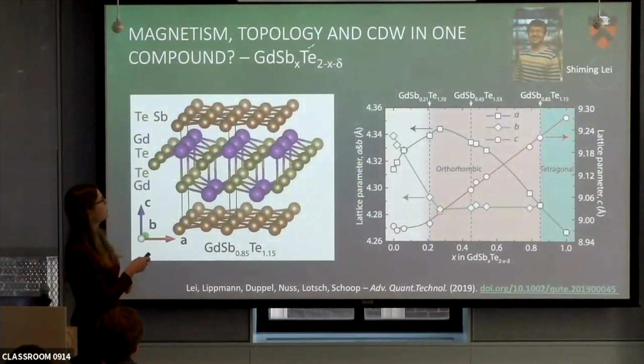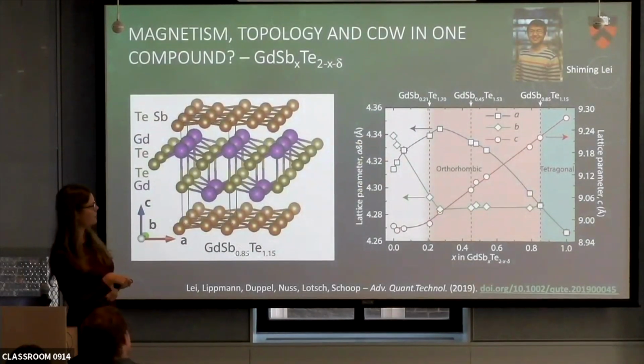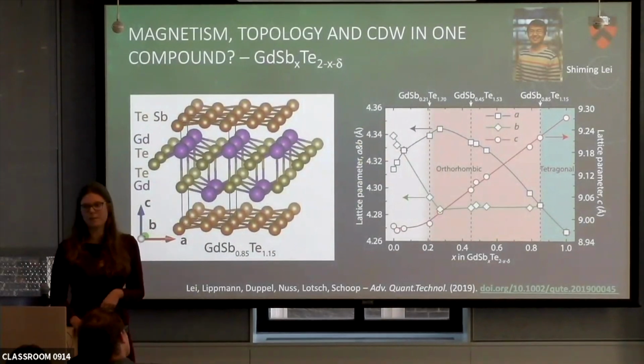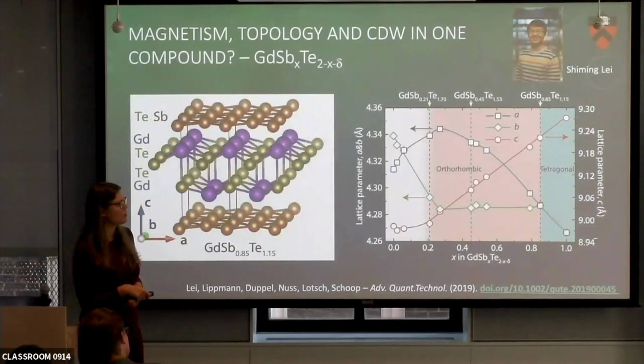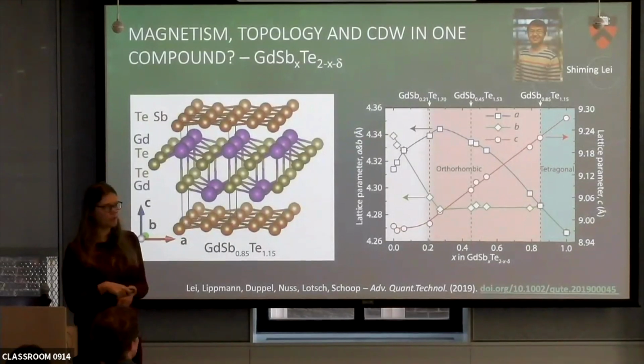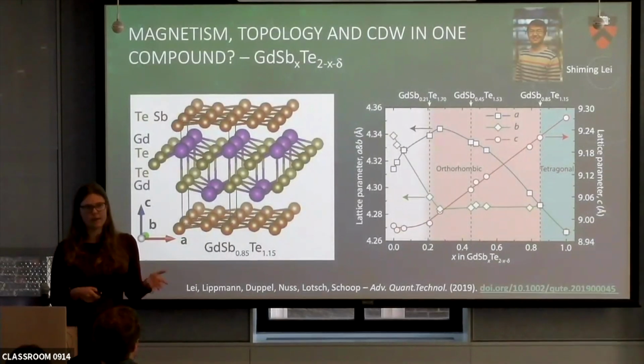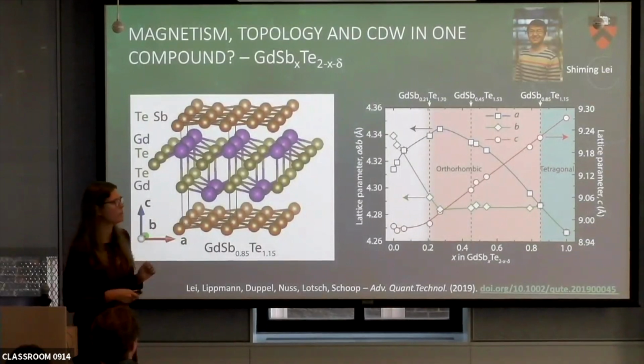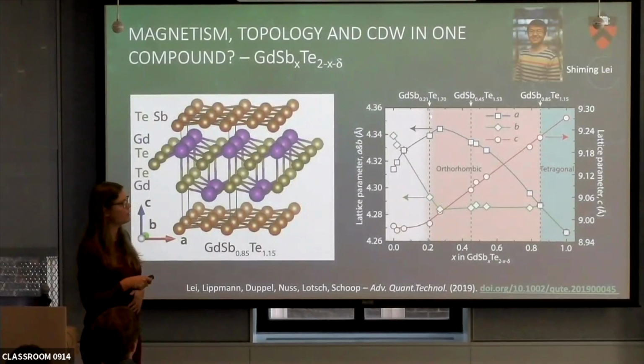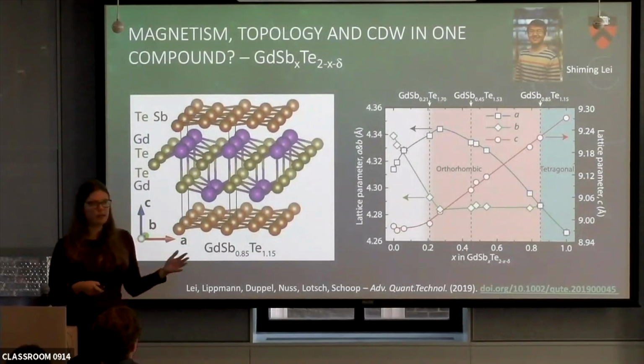And so we were looking at this material, gadolinium antimony telluride, which would have a perfect square net if we had the 1-1-1 composition here. But if we start substituting some of the antimony with tellurium, we go away from the perfect composition and we add electrons to the square net. And so this is a plot of the structure, and here at the 1-1-1 composition, slightly away from this, we have a perfect tetragonal structure with a square net, and we also would have linear bands and whatever comes with it. But if we go further away from it, we get an orthorhombic structure, so we start to get a distortion.